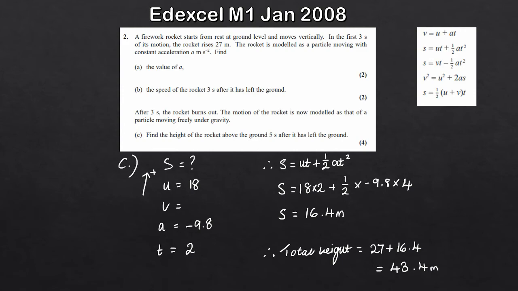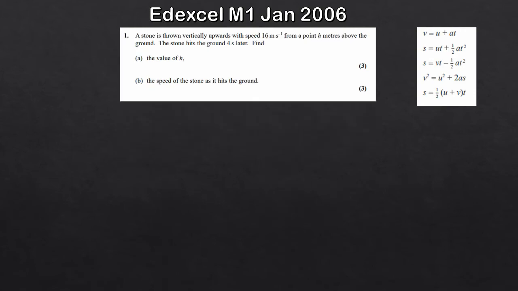So if we take a look now at the final question, we've got a nice one to finish with. Again, just using some basic applications of the SUVAT equations. So we're told that a stone is thrown vertically upwards with speed 16 meters per second from a point h meters above the ground. We know it hits the ground 4 seconds later, so what we want to do first is find the value of h. So like always,